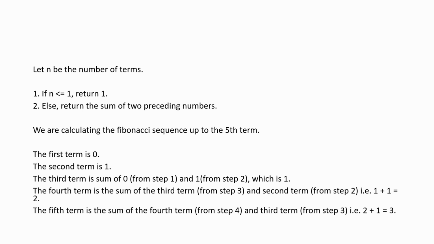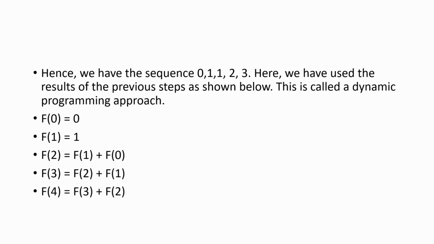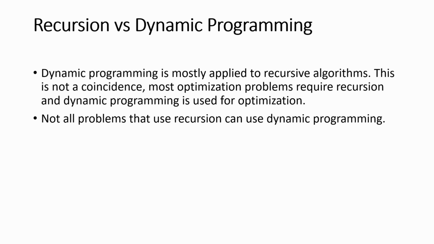So dynamic programming works by storing the results of the subproblems so that when their solutions are required, they're ready for you. So you've calculated each step, right? You know F0 is 0, F1 is 1. But when you try to do F2, you're going to take the result from F1 and then add F0. F3 is going to be the two preceding steps. F4 is going to be the two preceding steps. But in each step, you would have stored the